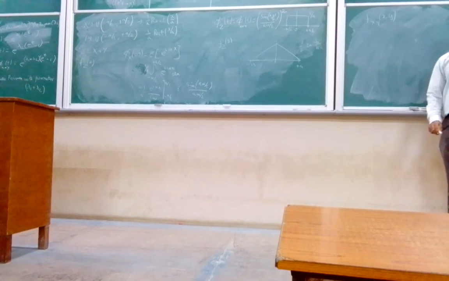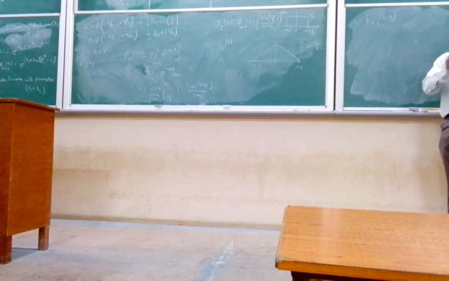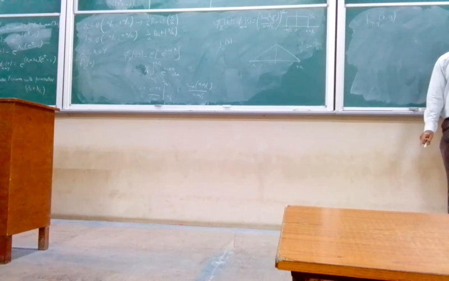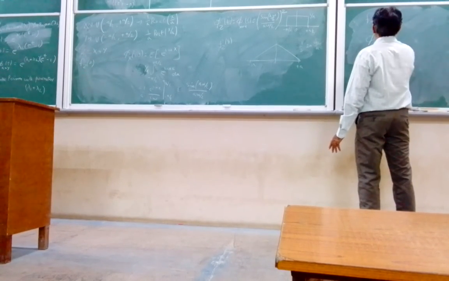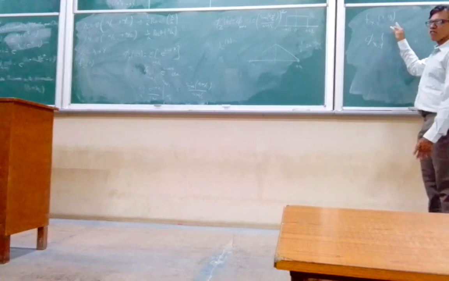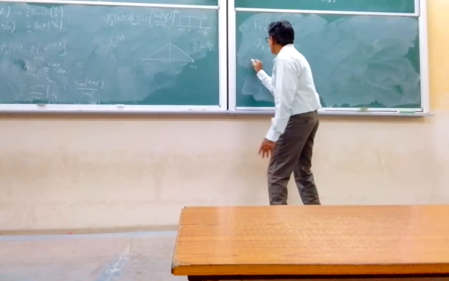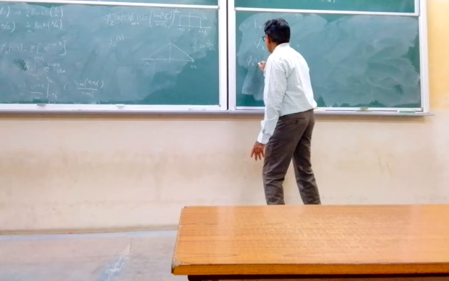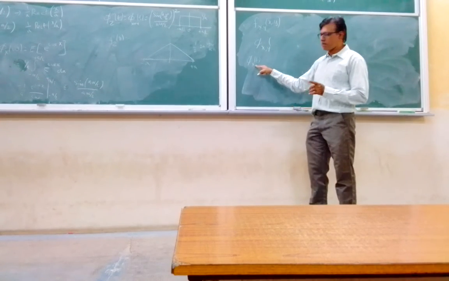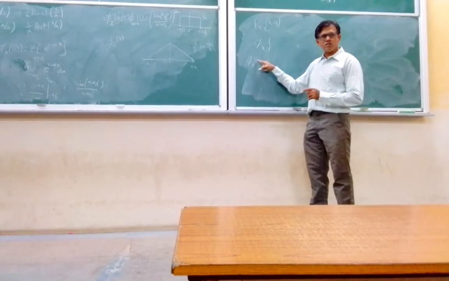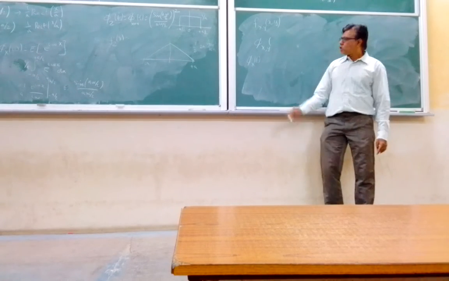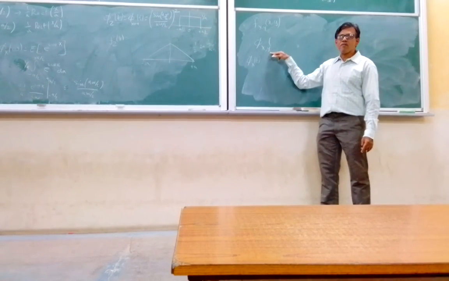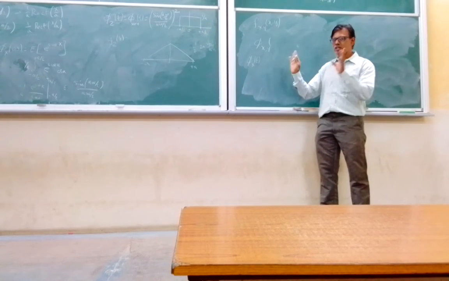In a similar manner, joint moment generating functions can also be defined. That is psi_XY. Psi_X(t) is what we have been using as the MGF of the random variable X, where t is the transformed variable. So if there are two random variables, they are not sums, they are just two random variables,